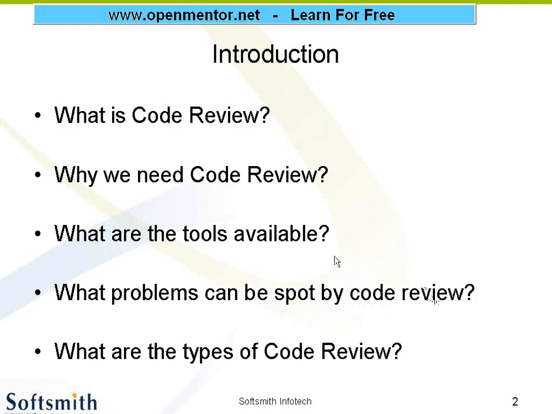And then what are all the tools available? So we have got lot of online tools. So through the website you can access those code review tools, or you can download some rich client tools developed by some companies. So that can be used for reviewing your code. All you need to do is submit your code to the tool and it will show you how many hard codings have been done, where there are not appropriate variable names. So lot of parameters it will be listing. We shall see them a bit later.